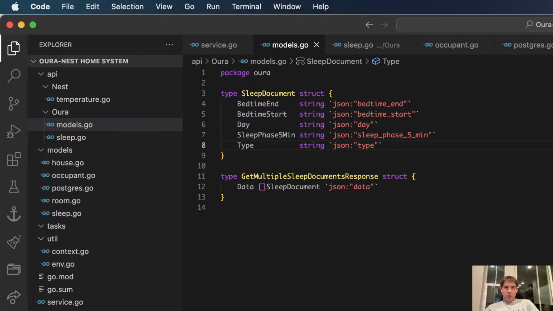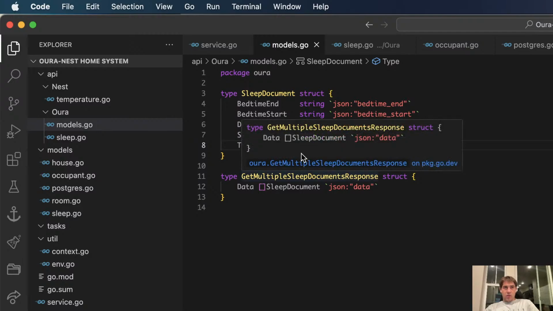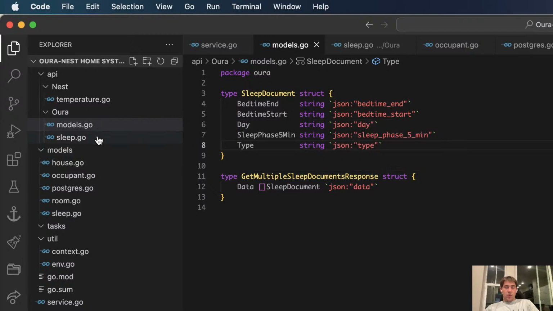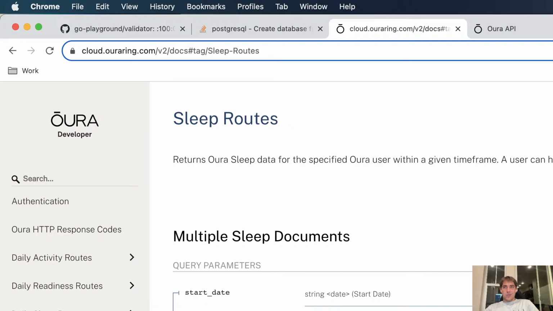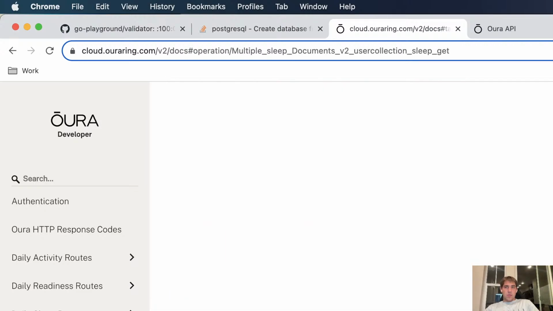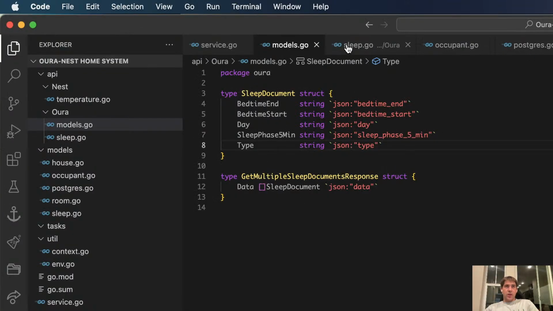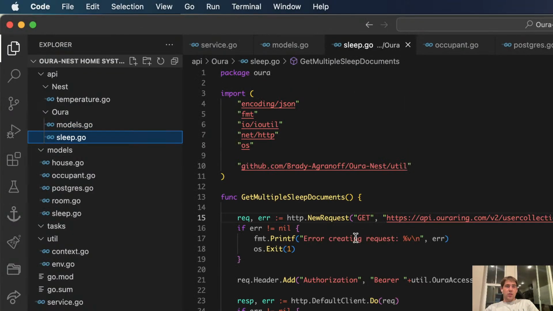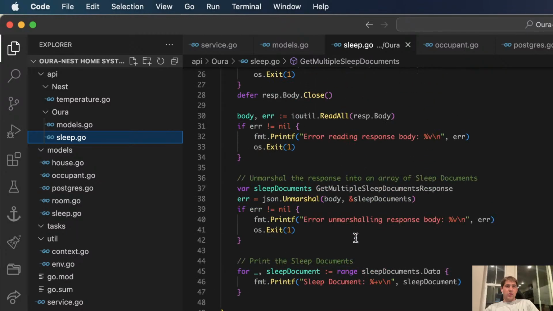Type sleep, long sleep. So I really only want to see long sleeps because the other ones are naps. So can I just filter by that? No. So I'm just gonna filter by that in code. That's fine. I'm honestly just gonna keep this as is.